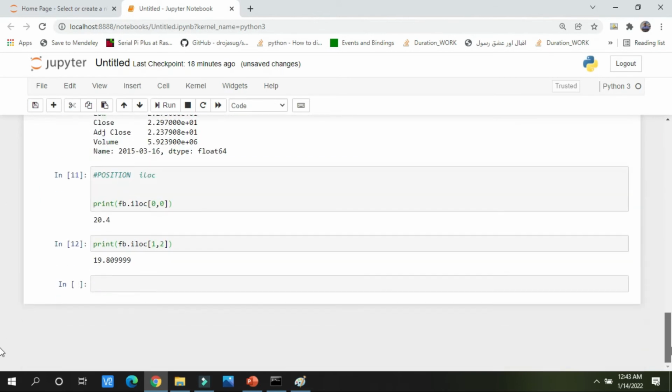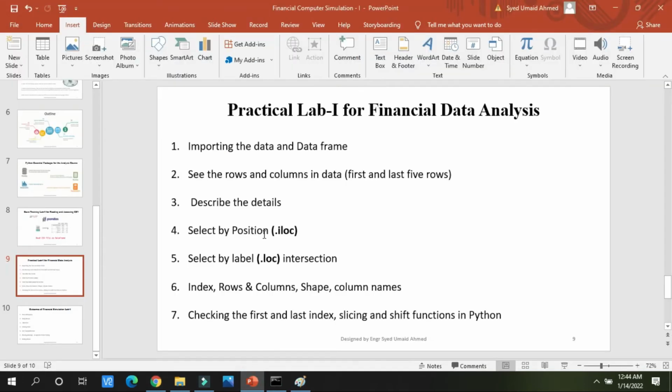So I am now 100% sure that you understand what is selection by position using iloc, and you also understand what is selection by label using loc.